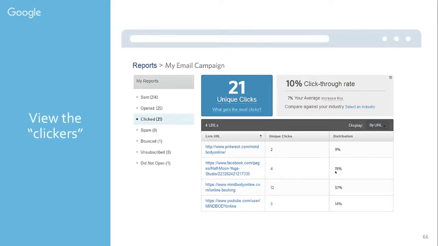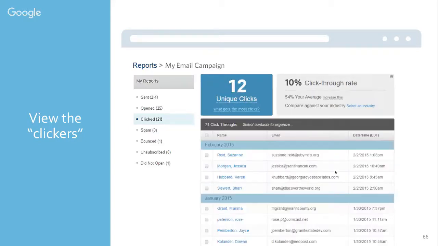And so if I click on that 12, I can see who clicked on my message. And here's the fun thing. I can click on that link in the upper left-hand corner, and I can make all of these people into a special list. So everyone that clicked on that attend event, I can set them up as future event attendees. And I can say, thank you for your interest in our events. Here's a special event for members only. You can target people based on interest.